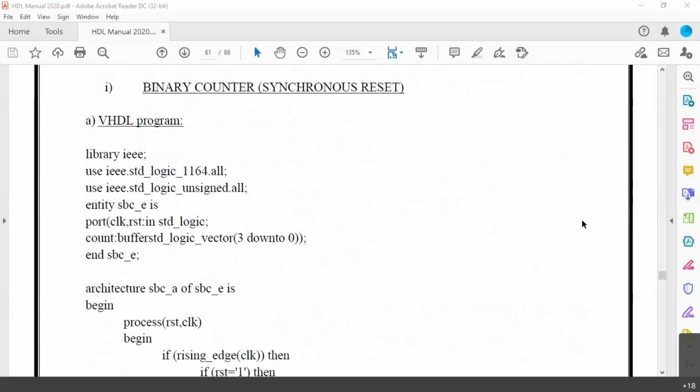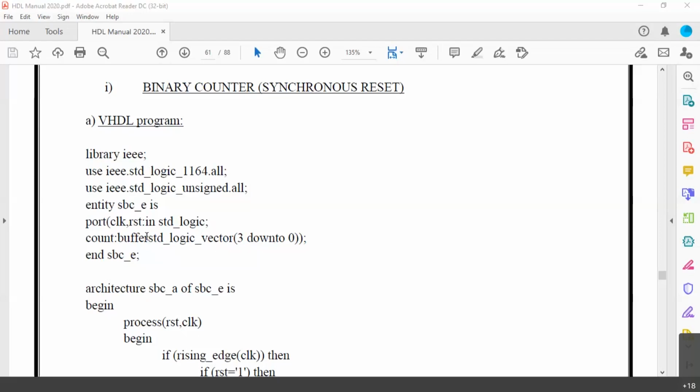Let me discuss the VHDL program. Library IEEE, use IEEE standard logic 1164, then use IEEE standard logic unsigned, because we are going to have a counter code later on. In the entity, clock and reset are input ports. Count is declared as a buffer with a vector of 4 bits.